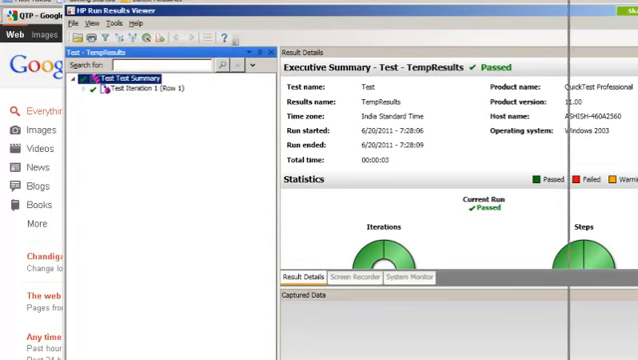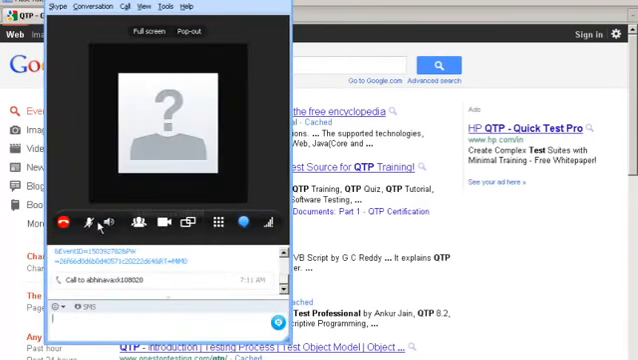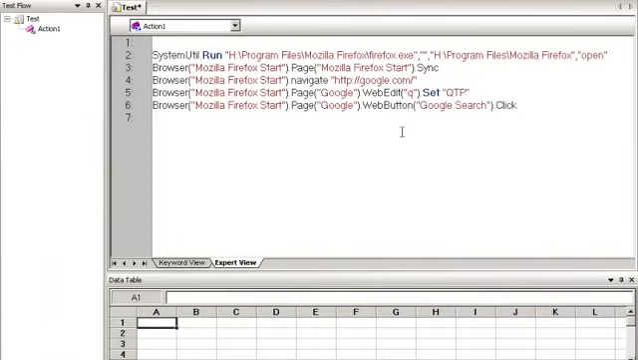Abhinav, can you please mute your microphone for a while? It would be really great. Right, from this option in Skype. Alright, so